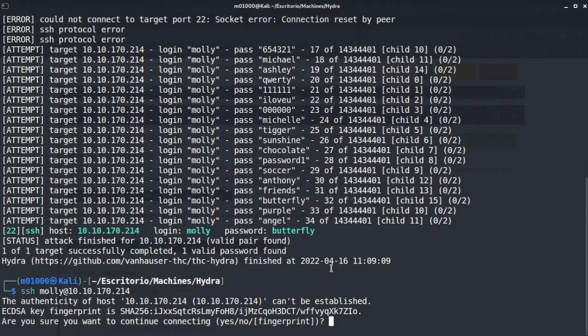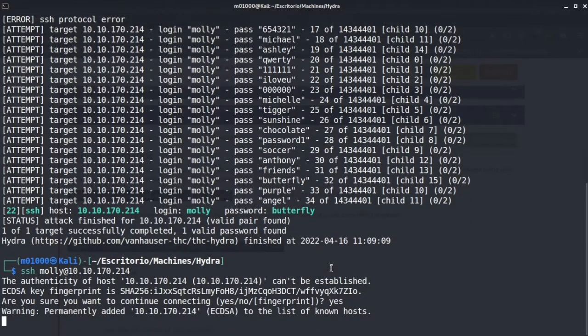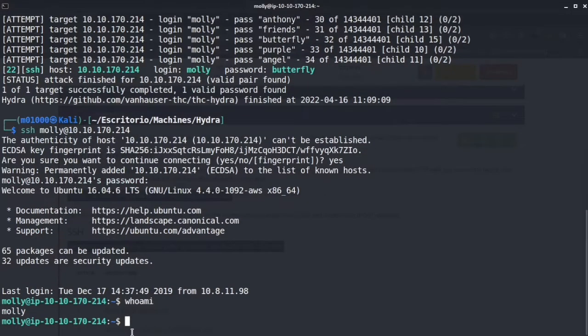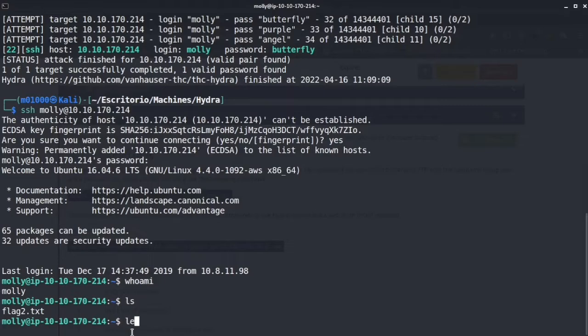Great, we have valid credentials. Let's test. Well, as we see that the credentials are valid, now we do ls and we see the flag. Now that we have seen an example with the SSH service,